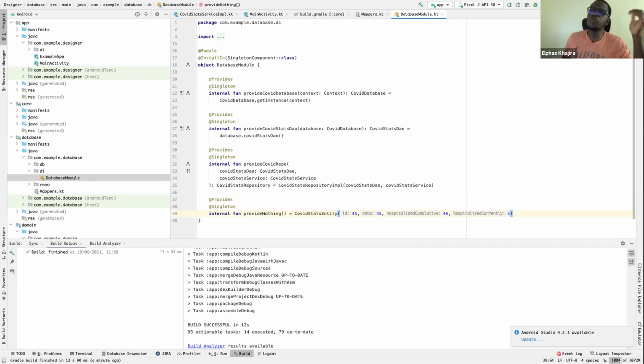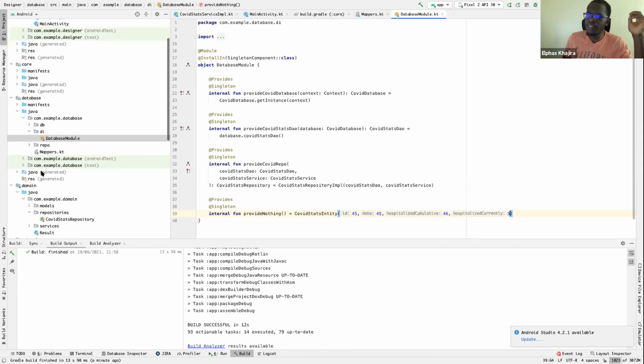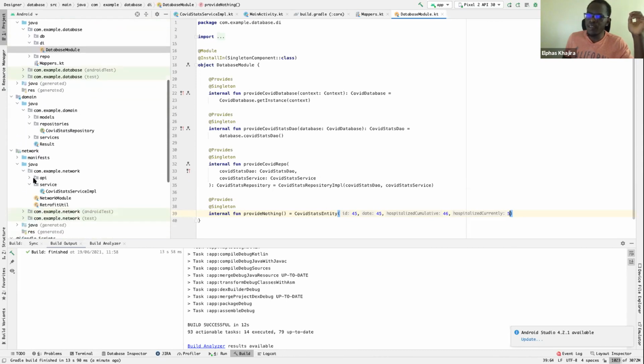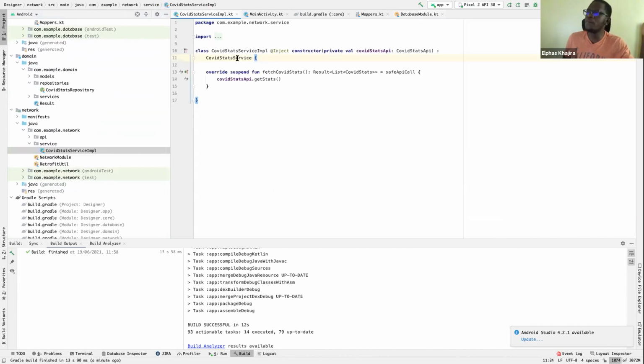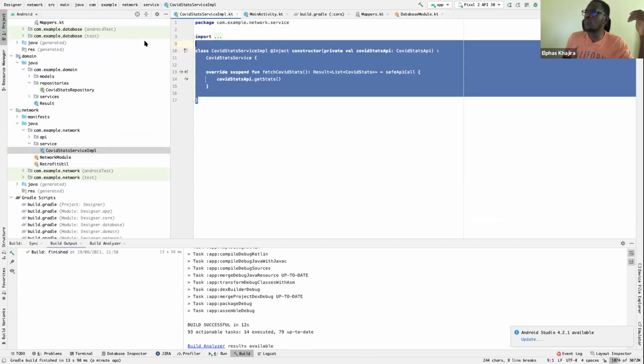You can go and try do the same for the service layer; right now the network layer is still having the same problem. So you can go and try sort that out and see if you can figure it out correctly. Again, my structure is for demonstration. You can pick a different structure.